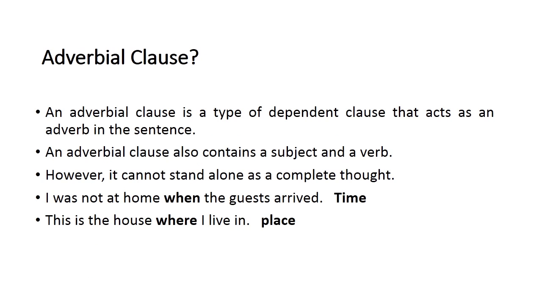Now another type of clause is the adverbial clause, a type of dependent clause that acts as an adverb in a sentence. An adverbial clause also contains a subject and a verb. However, it cannot stand alone as a complete thought. I was not at home when the guests arrived. When the guests arrived, when is indicating the time. This is the house where I live in. This example is indicating the place. So that's why these are called